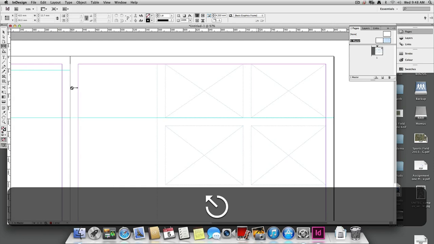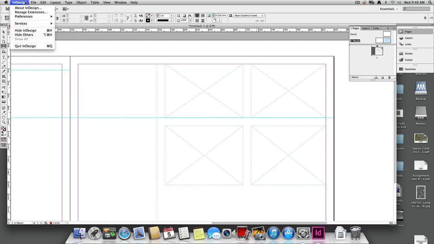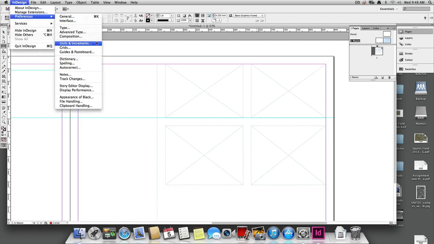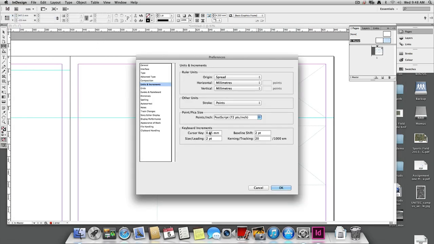I'll show you another. This is before they had the gap tool. What I used to do is go into the preferences, and you can go to units and increments, and it's got here, see the cursor key? So if I want a 5mm gap between everything, what I would do is change this to 5mm,